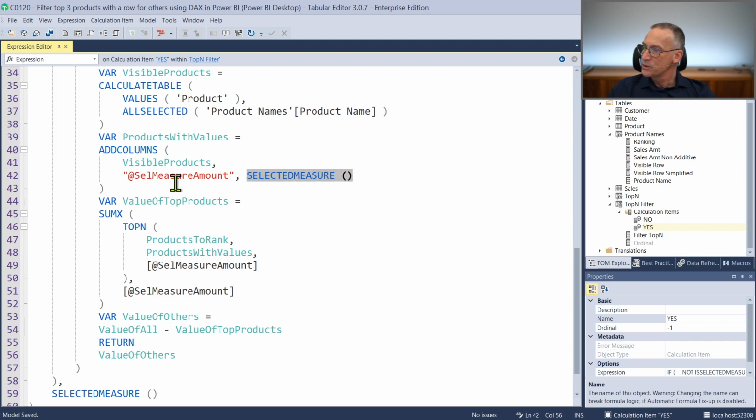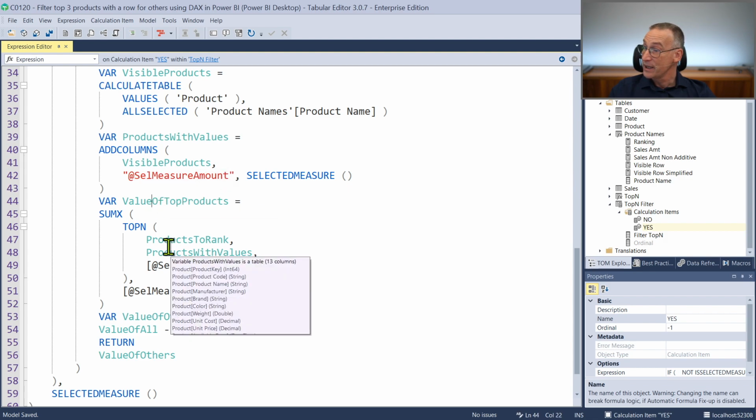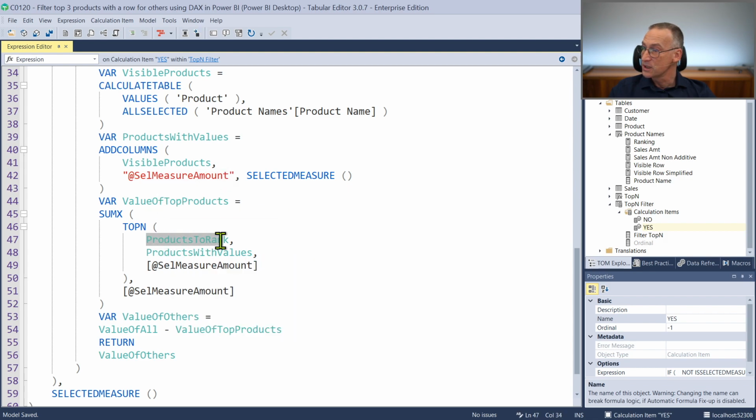So what we want to do is to have the selected measure amount and a ranking amount that is going to be used here. So we do the top n based on the ranking, and then we do the selected measure amount,